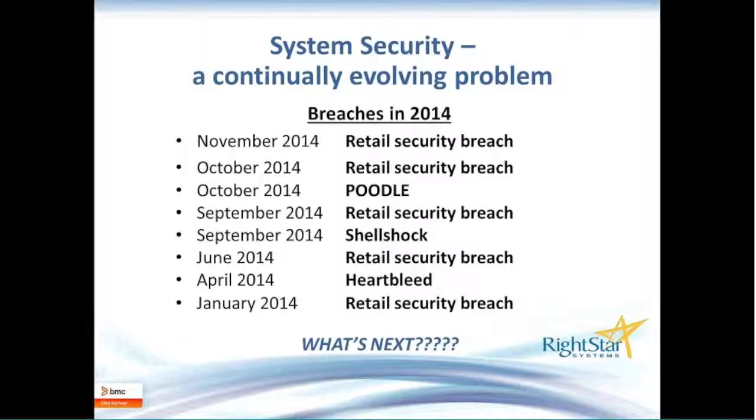Now, what BMC has done is to really focus on releasing content very quickly after the public release of these vulnerabilities is announced, to allow our customers to take immediate action across those servers that they may have, whether they're forward-facing or in the back-end data centers, to ensure that you're able to not only find any of those issues that may exist in your data center, effectively find where you may be vulnerable, either on the front or the back end, and ultimately remediate those servers so that you can say at the end of the day, possibly before it hits CNN as to new breach discovered or new vulnerability discovered that hasn't been taken advantage of yet, that you've already fixed it.